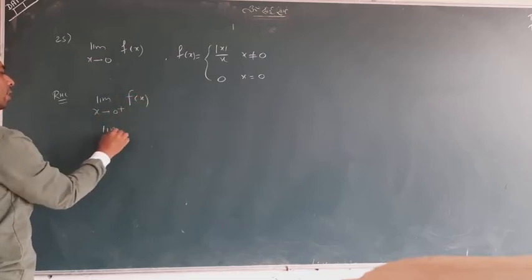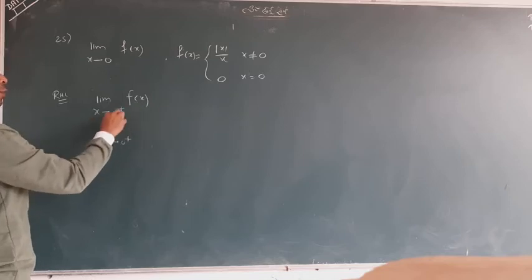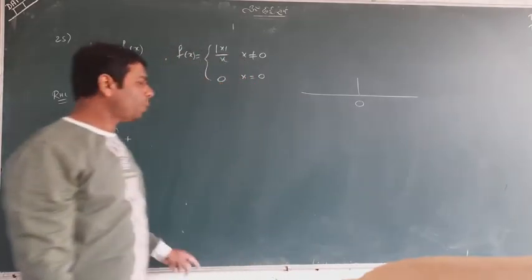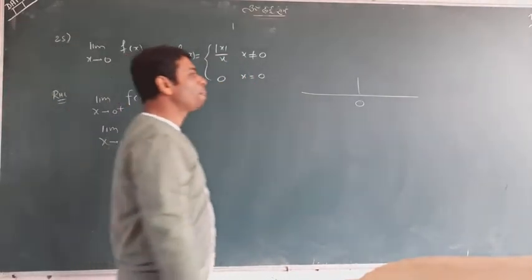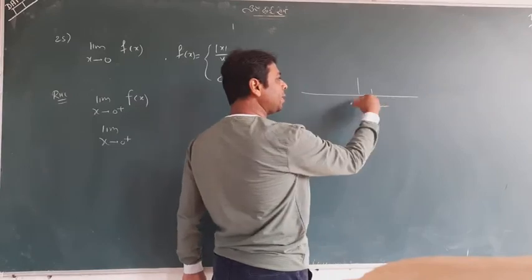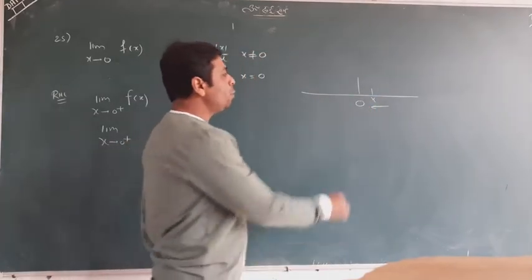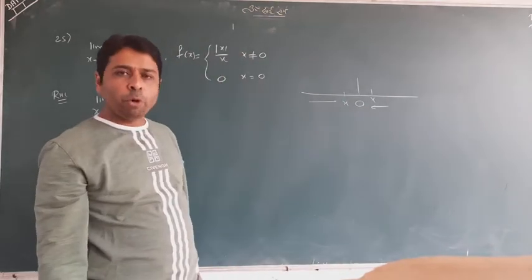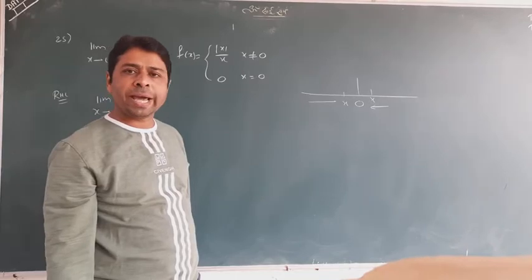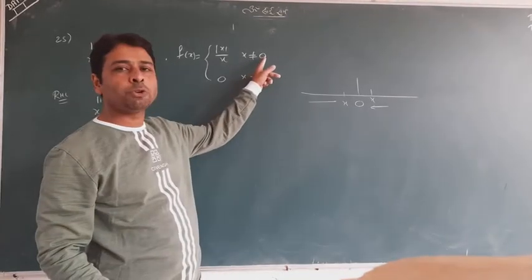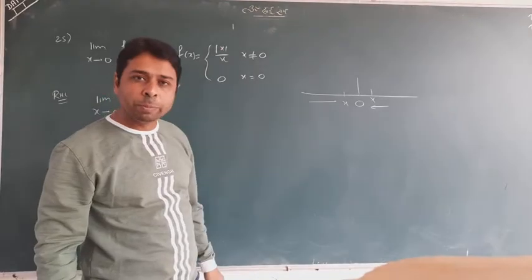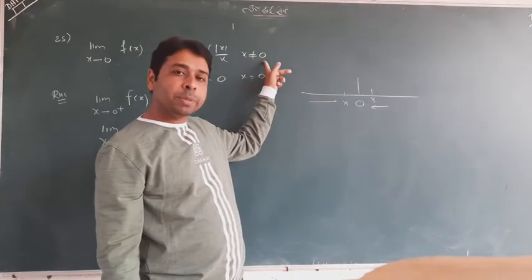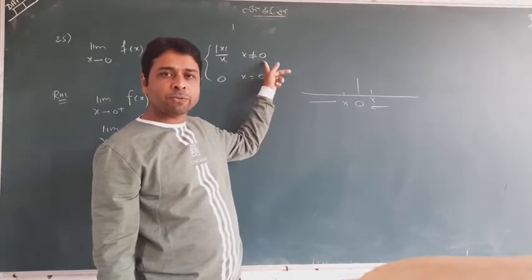My question is again, so what is the value of function for 0 plus? I tell you some important concept. This is 0. This time x is approaching to 0 from the right side. When x is approaching to 0 from the right side, x is not equal to 0. Even when x approaches from the left side, again x will not equal 0. So in both cases, for right hand limit and left hand limit, x is not equal to 0. X is not equal to 0 when the function mod x upon x will be taken. So keep remembering this situation. This is x not equal to 0. It means it will be taken for right hand limit as well as for left hand limit.